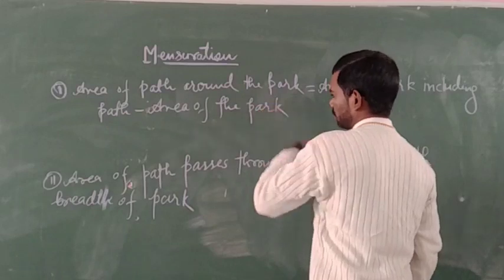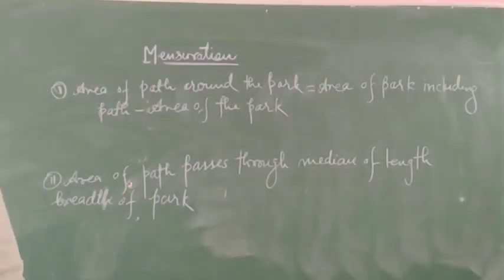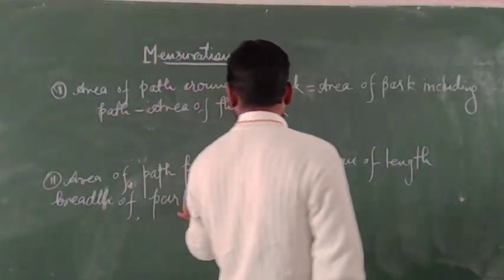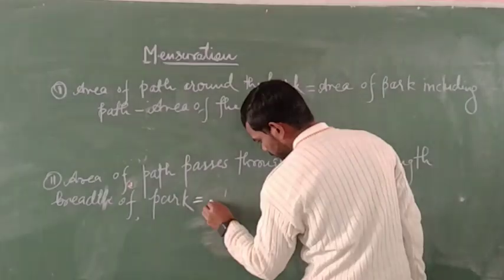So this formula will be useful in order to find out the area of path around the park. And for this, we have to find the area of the both